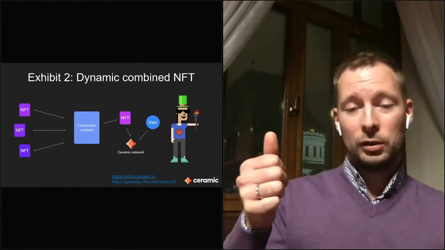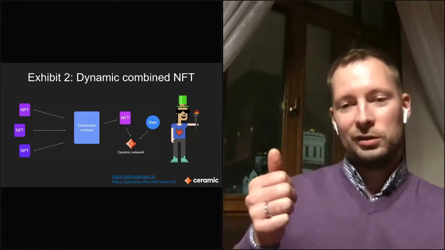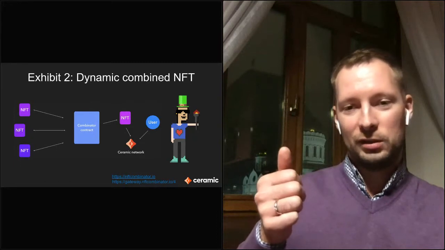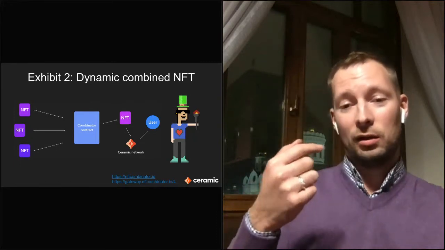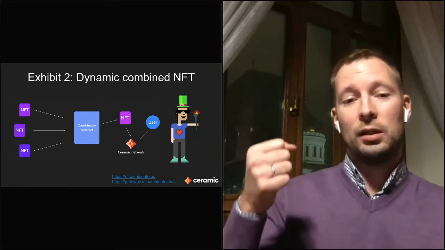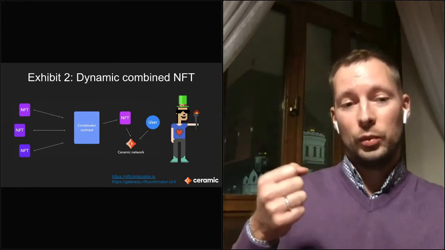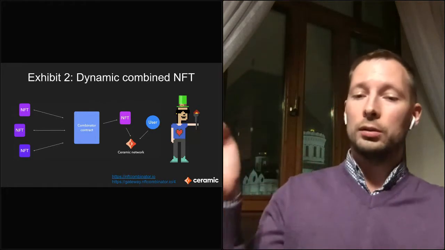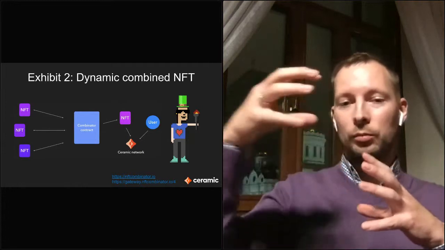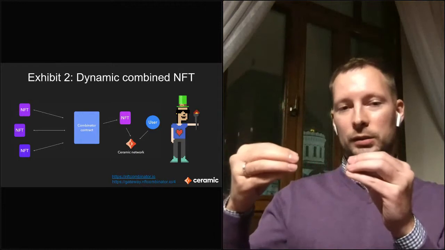On the right side, you can see a picture, but it's actually combined of multiple NFTs. There is a face there, a body of that imaginary person, a torch and a hat, and they all were originally independent NFTs. But you could lock them to a special contract that issues a kind of combined NFT that links to a Ceramic stream, and that Ceramic stream contains